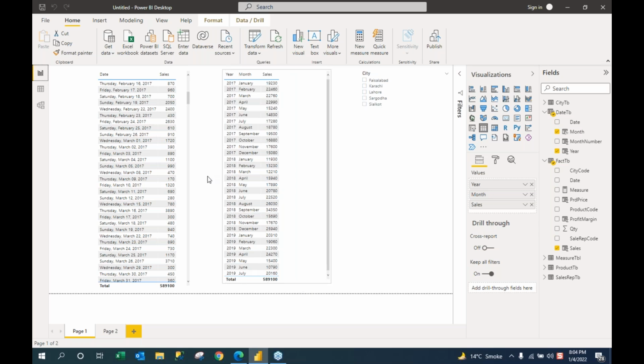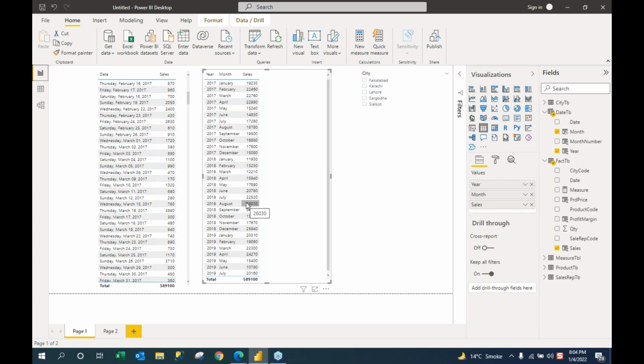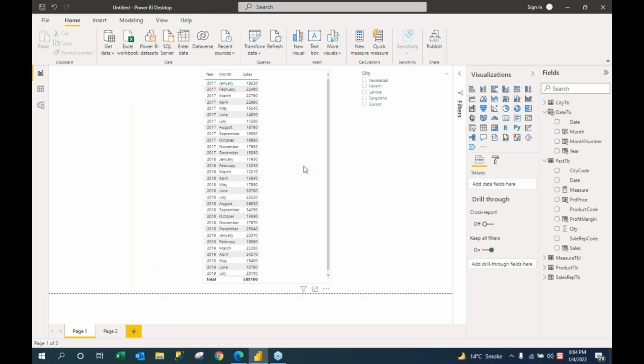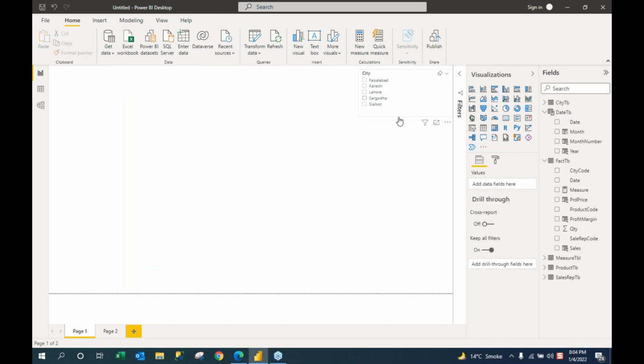Now you can see we have the data simply in place. This is the date-wise data, but this is the year month-wise data. We can even transform that data into week-wise with the DAX function week number. We can look at this data from different perspectives tomorrow, but today I can make use of this data. Right now I have the measures I have today, so I will be making very quickly a small